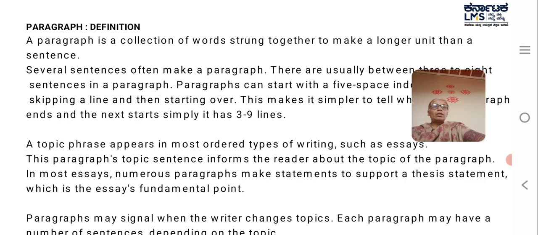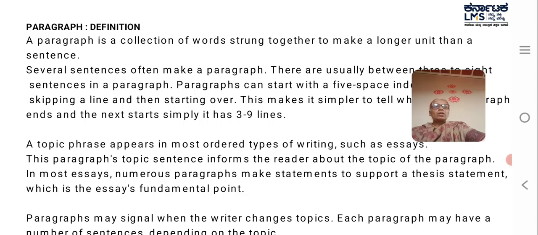As you know, in English, the basic morphemes are words combined together to form phrases, and a group of phrases or elongated forms of phrases becomes clauses, and combining clauses will make a sentence. Thus, a paragraph is a collection of words or a collection of sentences